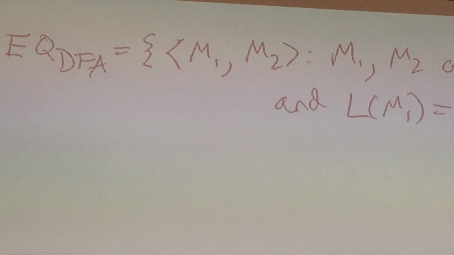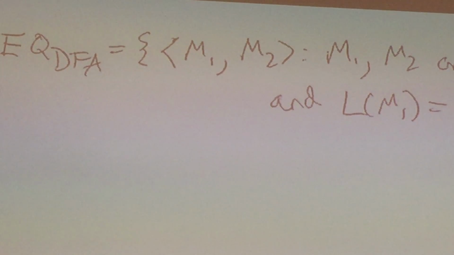And I want to claim that this is also decidable. A natural algorithm you would think is just check every single string. If both machines accept, then we should keep going. If at any point a string is rejected by one and accepted by the other, then we should reject. But as we've seen with eDFA, that will take an infinite amount of time. So I need another idea.